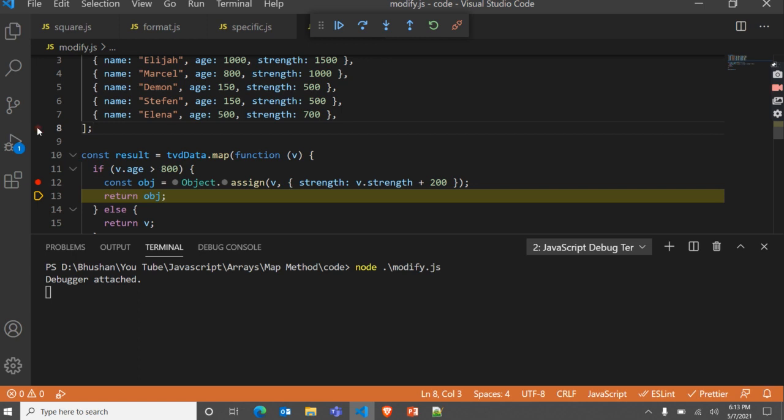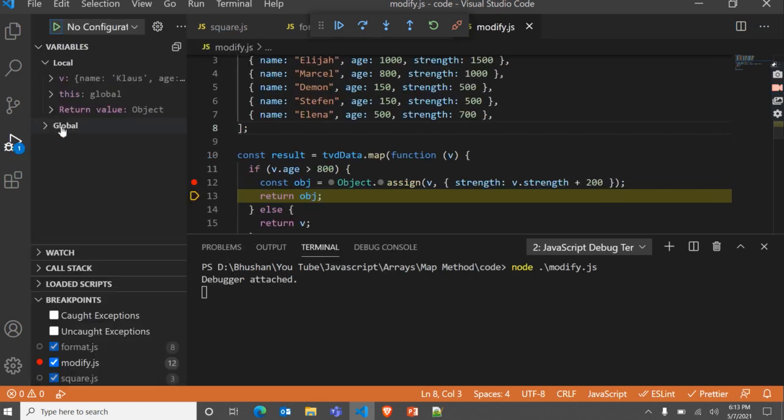It is not showing. Let me open this. Maybe there is some error, but in the return value we can check this. The age is 1000, the name is clause, and the strength is increased by 200. This object is the return value.